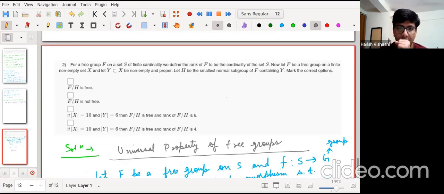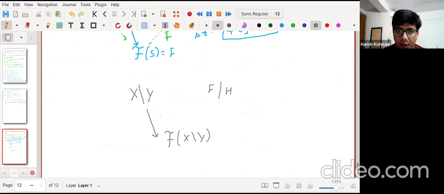Okay, yes, we need to define the functions as well. So here it's the injection, and there you have some F. We need to define this F. What is this F? And corresponding to that F, we will have some induced group homomorphism F delta.